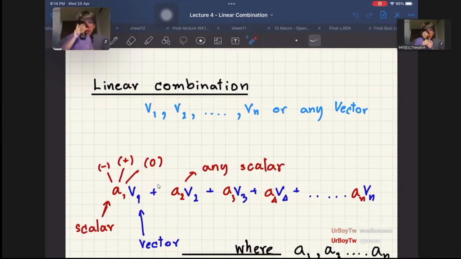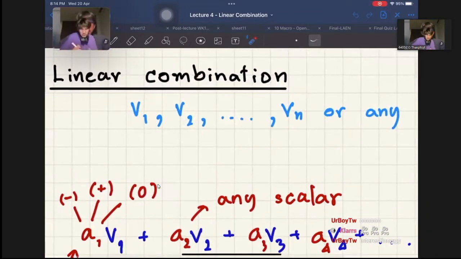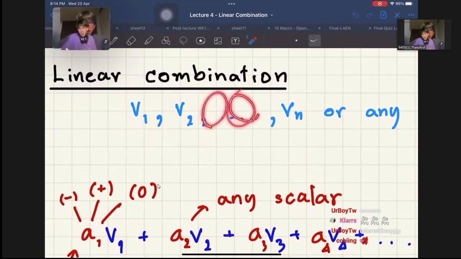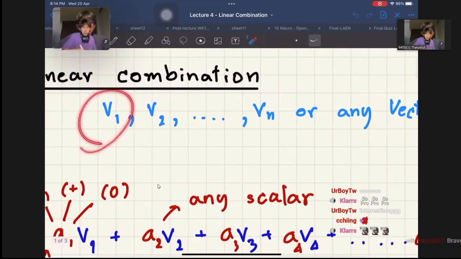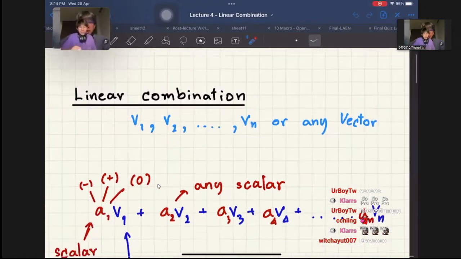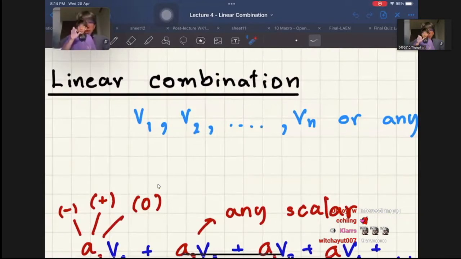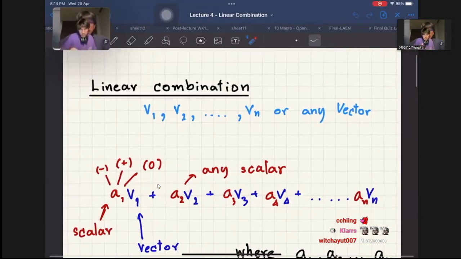First thing, I would like to show you the definition. You see this one? V1, V2, V3, V4, V5, up to Vn, or any vector. This variable we call the vector, which we suppose. All right. The definition of linear combination